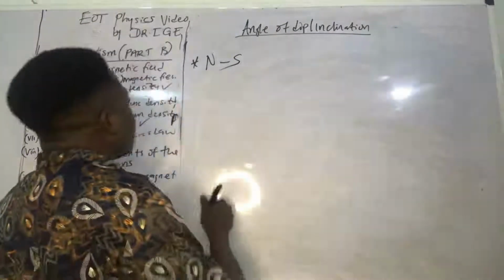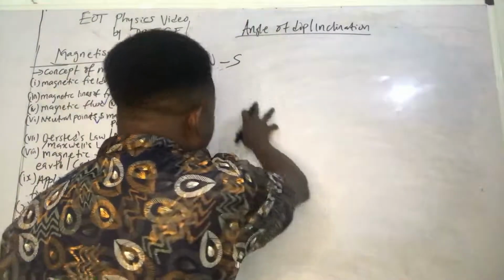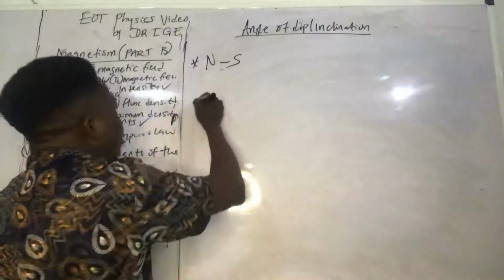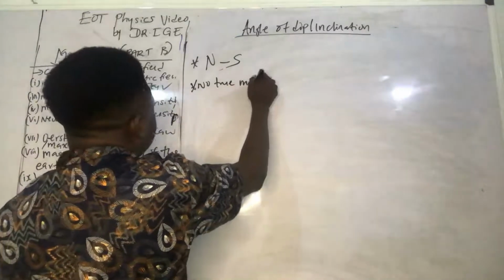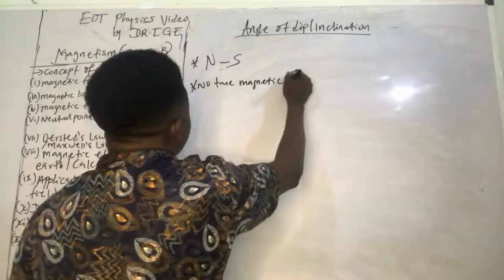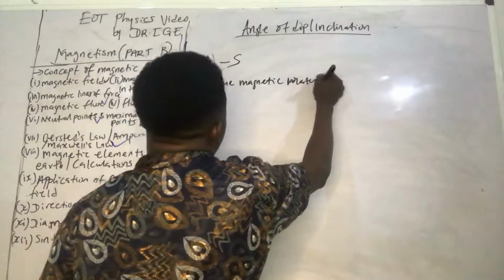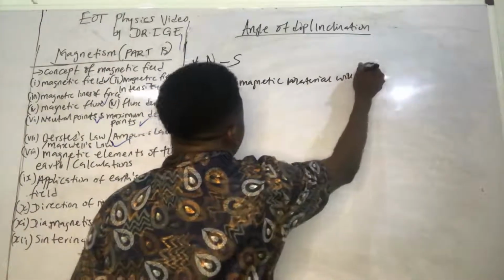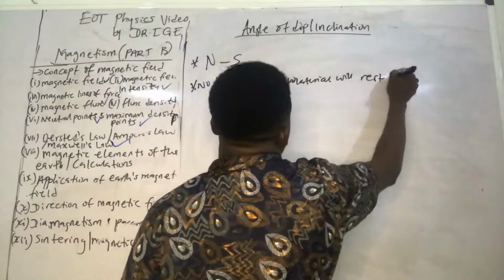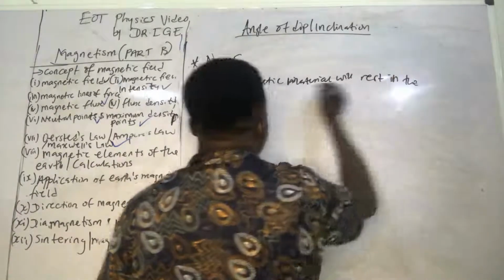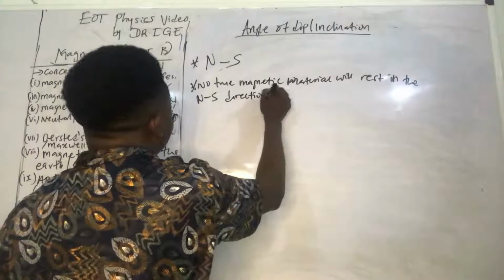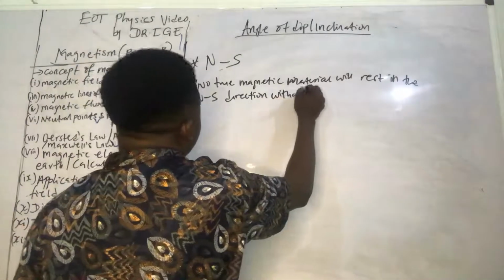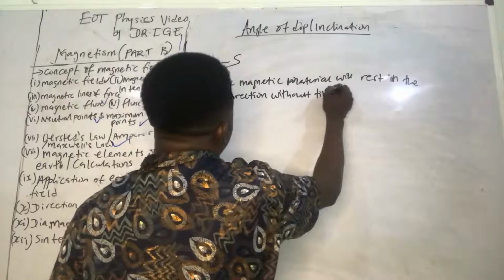Now the thing is that this holds, but no true magnetic material will rest in the north-south direction without tilting